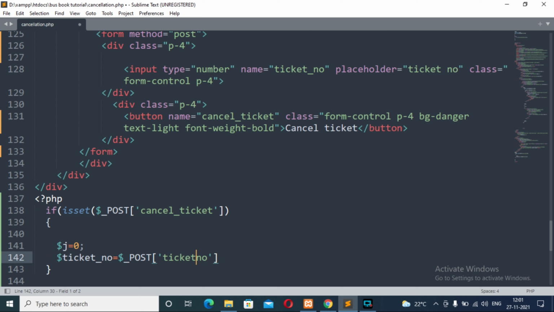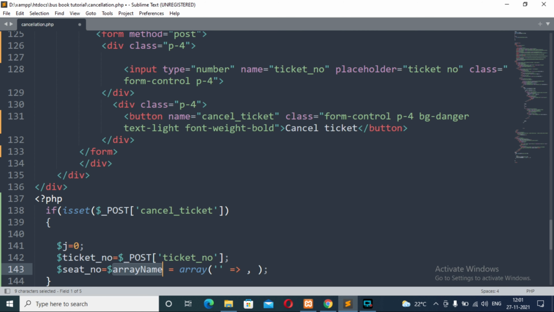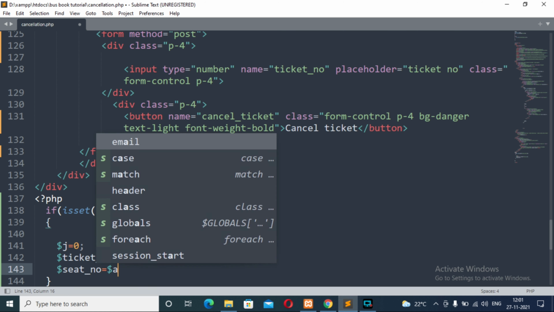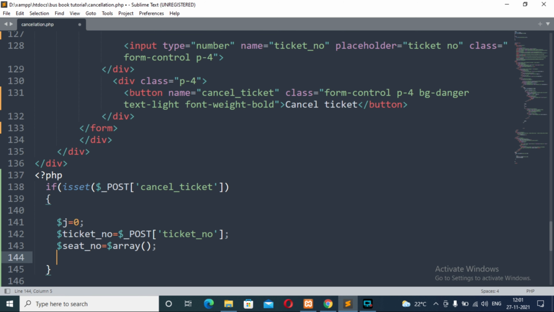So this is it. Now we will add some other PHP variables, seat number, and make it an array so that we can store seat numbers, and also bus name.